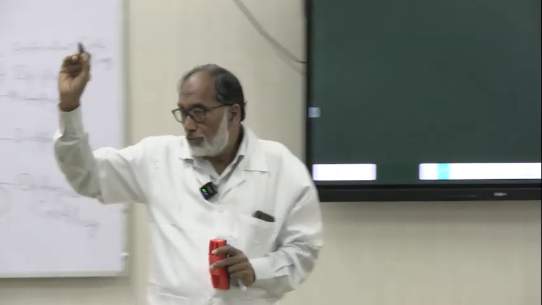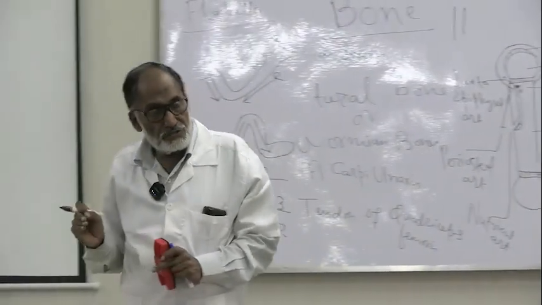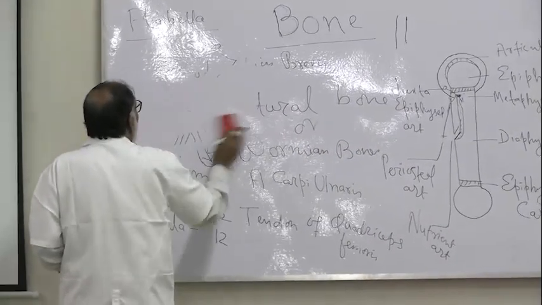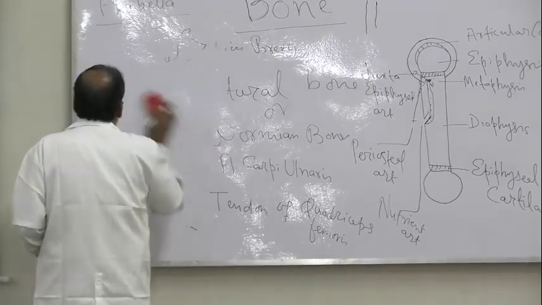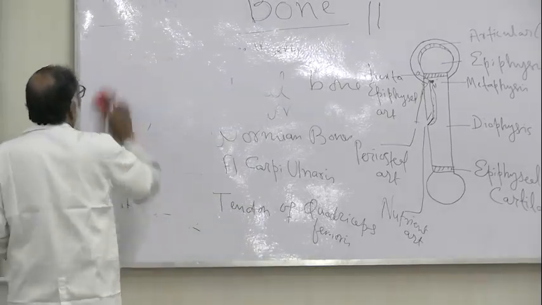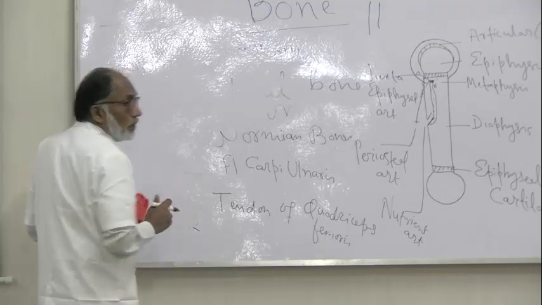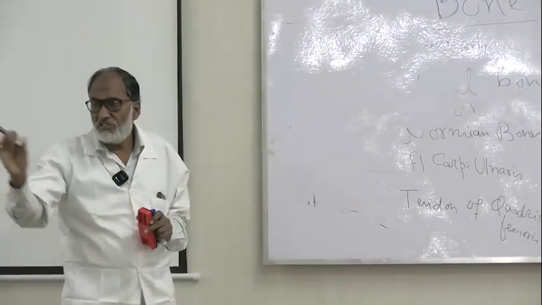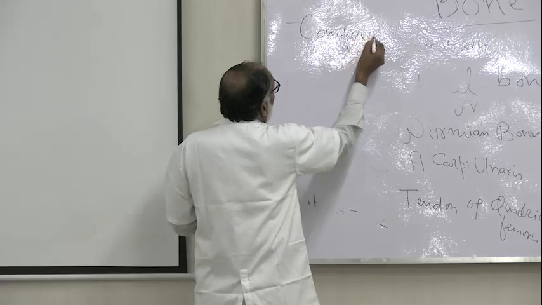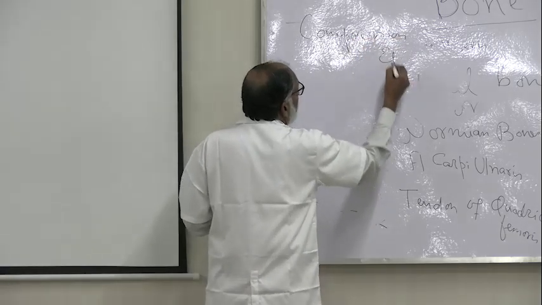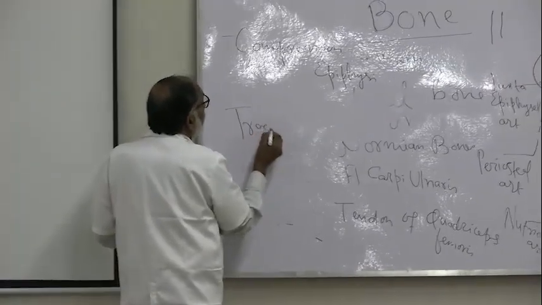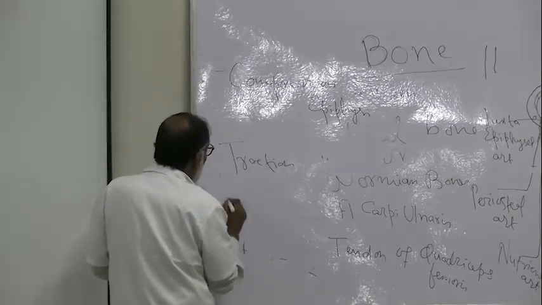একটা হচ্ছে ট্র্যাকশন এপিফিসিস, একটা হচ্ছে কম্প্রেশন এপিফিসিস, আর একটা হচ্ছে অ্যাটাভিস্টিক।